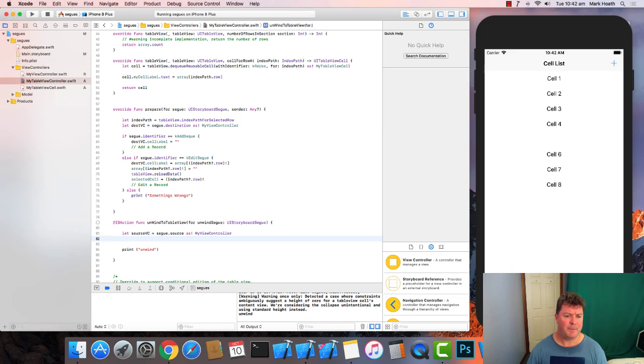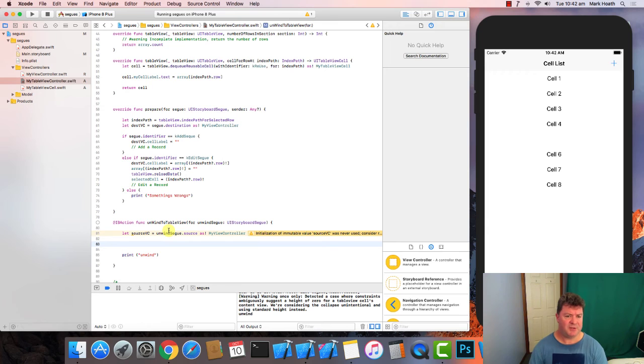And then we're going to have, no we're not, we're going to have unwind, that's it, unwindSegue.source as my view controller. And then we can just check that cell label. So if sourceVC.cellLabel, if that doesn't equal nil,